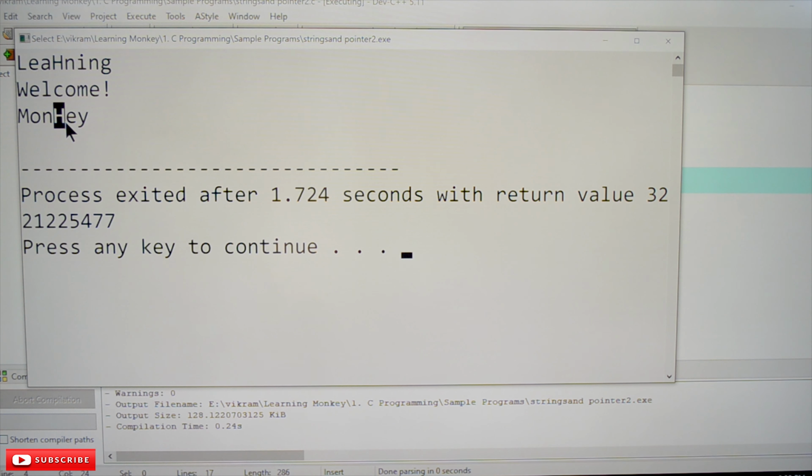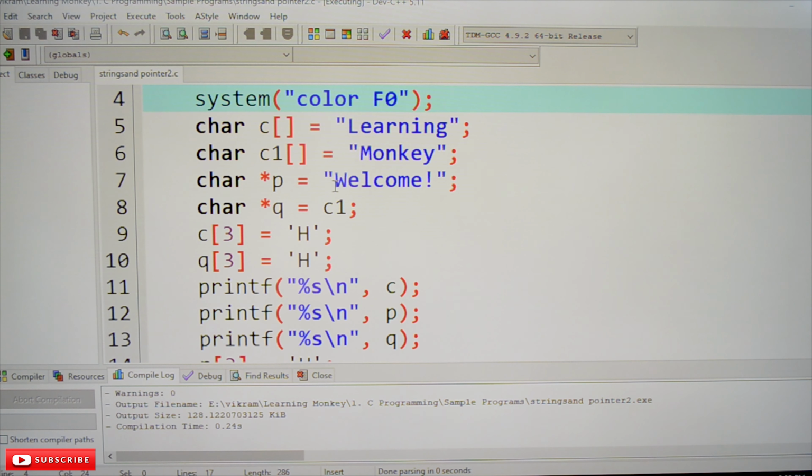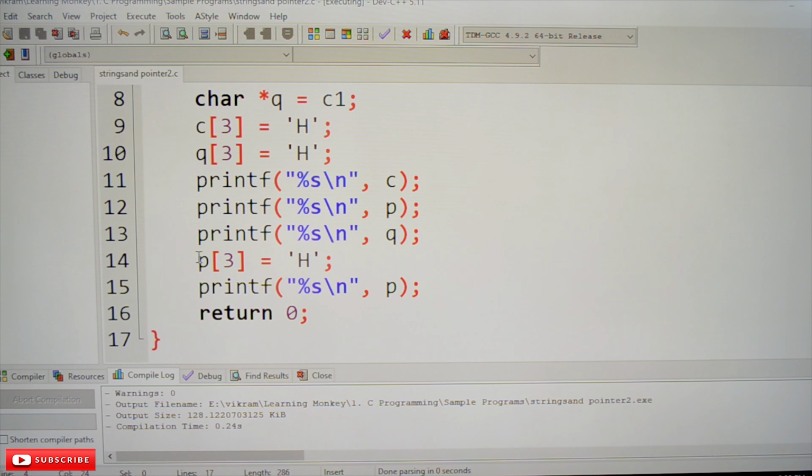It also acts like a character array, meaning a string. But this pointer P, which is pointing to a string, cannot be modified. Here we tried to modify, but the result is undefined, so the next part of the program will not get executed.